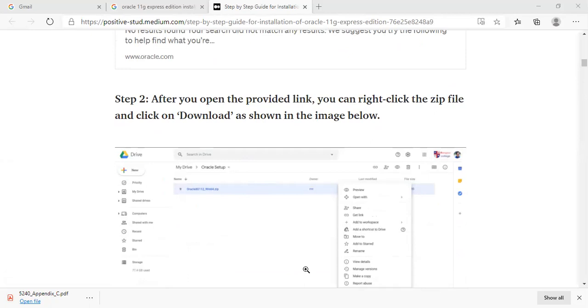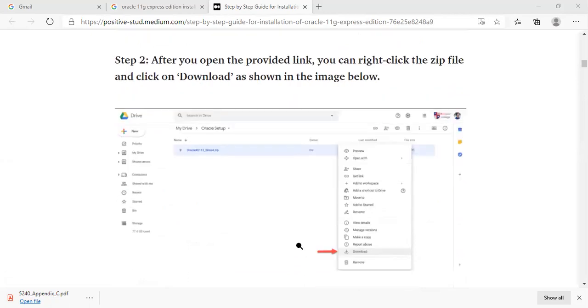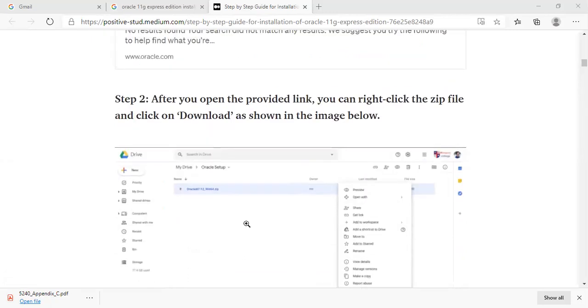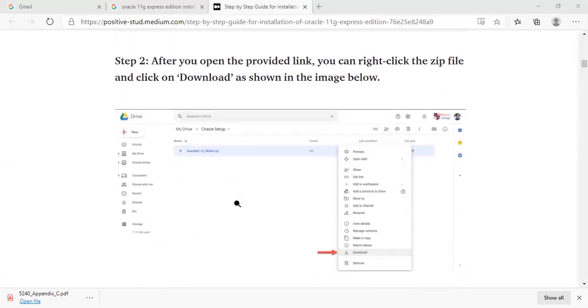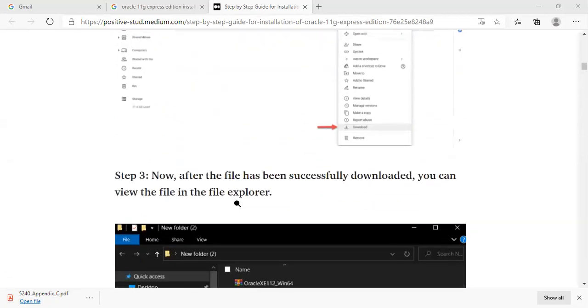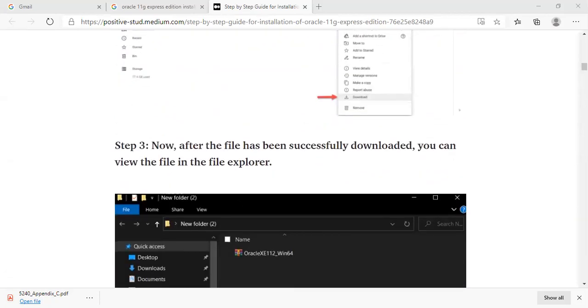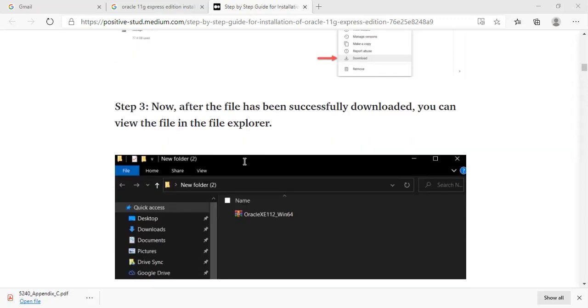There are a number of files available there. We have to select Oracle 11G 64-bit, because our machine is Windows 64-bit. If your machine is 32-bit, you have to select the appropriate version. After clicking on it, you have to download it.